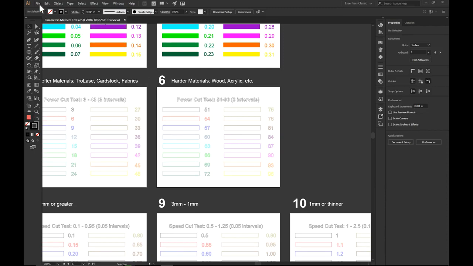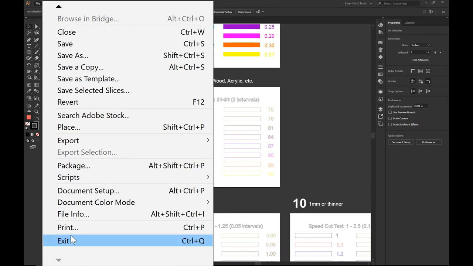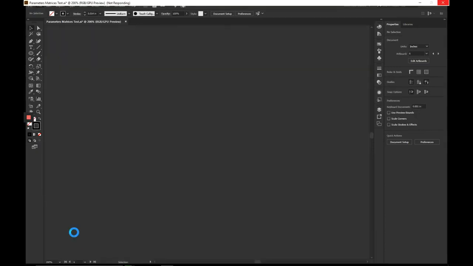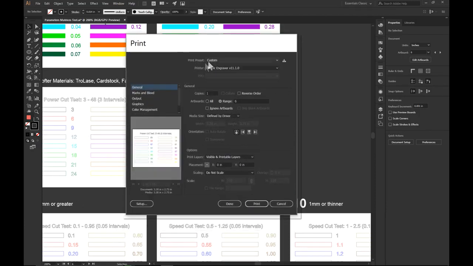So I'm going to go to File, scroll down, Print or Control P for a shortcut. So we're going to wait for the window to pop up, which will take a few minutes. It's quite a large file. All right, so once the print window pops up, make sure you have your Trotec engraver selected in your printer. You want to make sure your artboards is selected